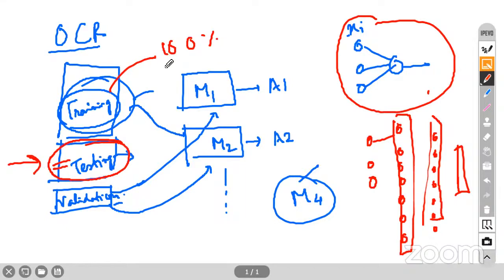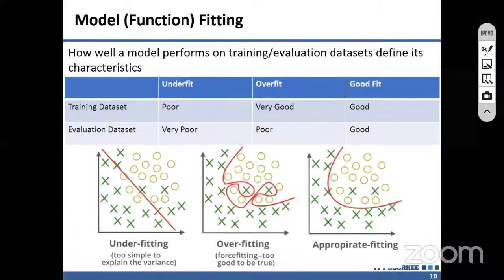If your model gives 100% result in the training data set, but in the testing data it gives you 40% accuracy, it is not good. But if your model is 80% good in the training data set and 70% good in the testing data set, this is better. So we need models which work in the testing data set. For that we need not underfitting, not overfitting. We need one good fitting, one optimized one, where the number of parameters will not be